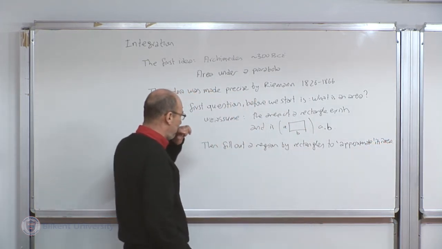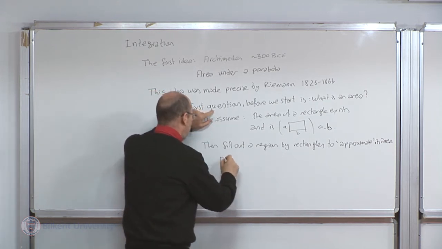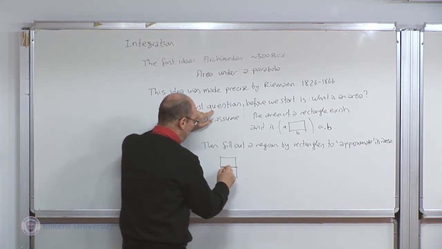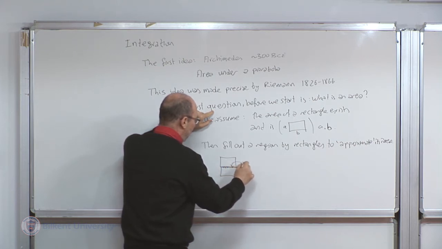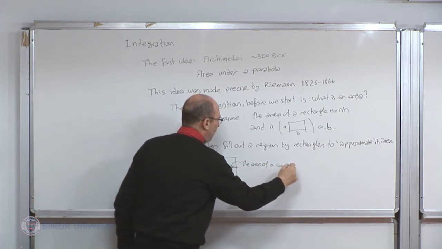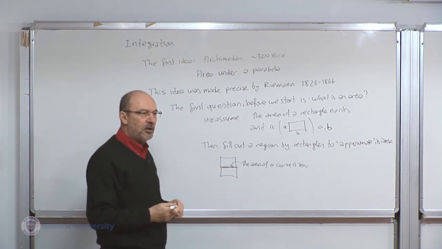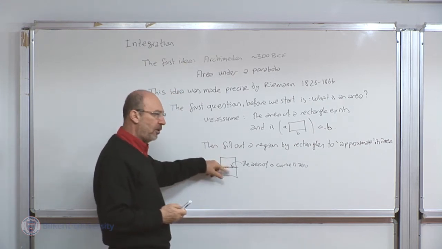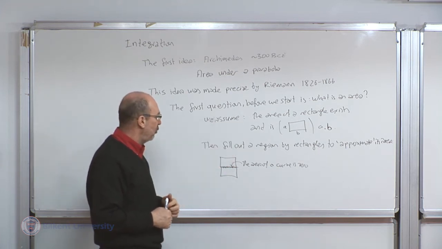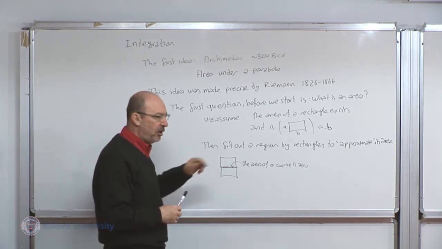Okay? So one of the axioms we want about area is that if you have two rectangles touching each other like this, then the area of this part is 0. Okay? So the area of a curve is 0. So you can put two rectangles together touching each other. Then the area of this new shape is the area of this plus this. So as far as this area function is concerned, we can consider these as non-overlapping regions, even though they touch